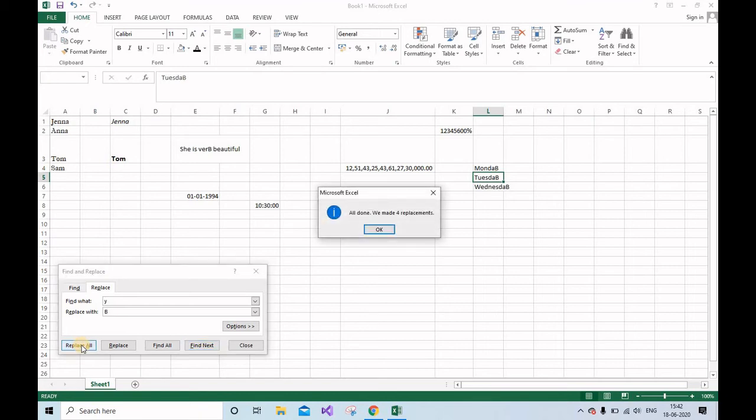It will show you all done. We made 4 replacements. It means that there were 4 Y's which Excel has replaced with B's. Now you can see Monday, Tuesday, Wednesday, every Y has been replaced by B.